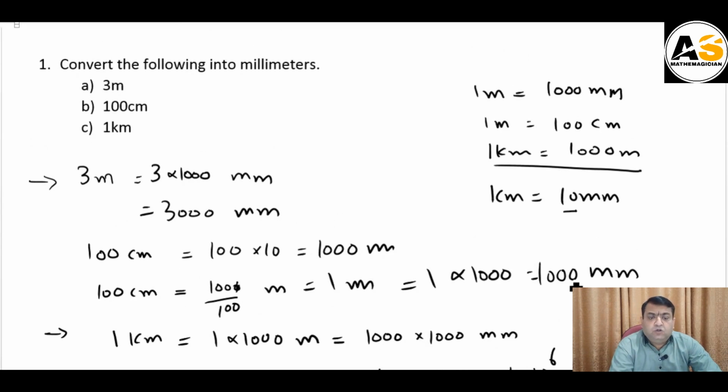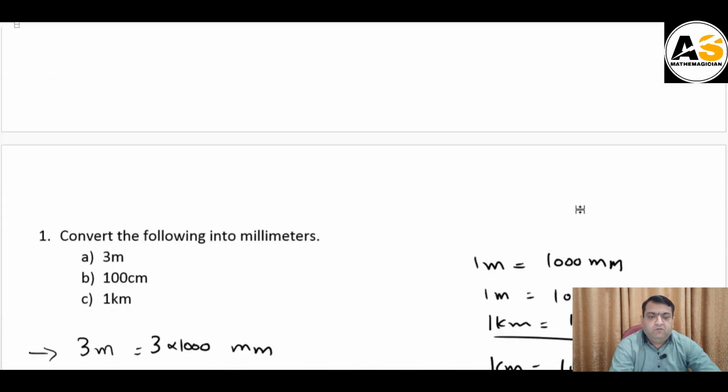So these are units of length which we need to keep in mind. 1 meter is equal to 1000 millimeter. 1 meter is equal to 100 centimeter. 1 kilometer is equal to 1000 meters. And similarly, 1 meter is equal to 100 centimeter and 1 centimeter is equal to 10 millimeter. These things we need to keep in mind whenever we are going to solve